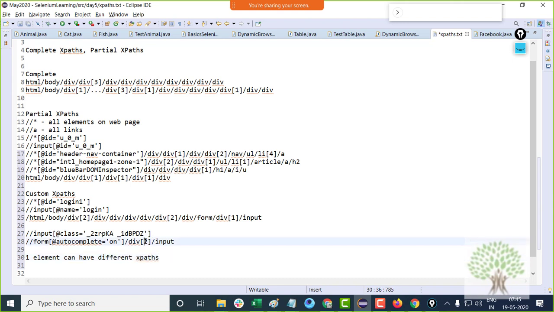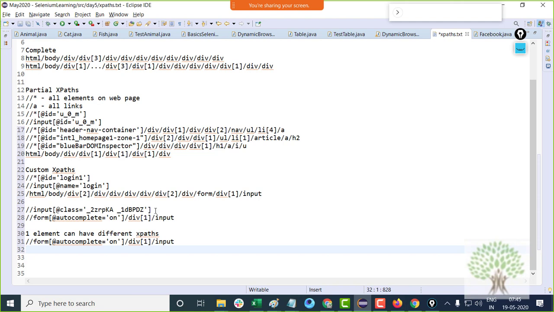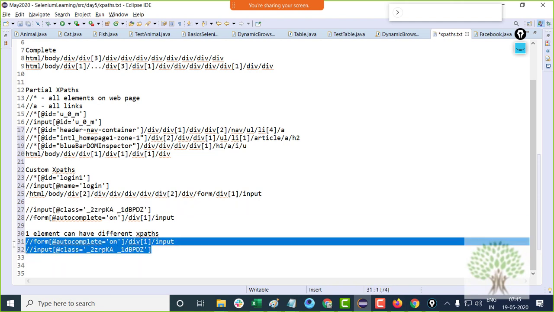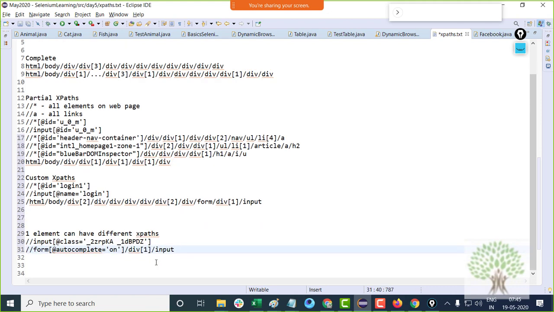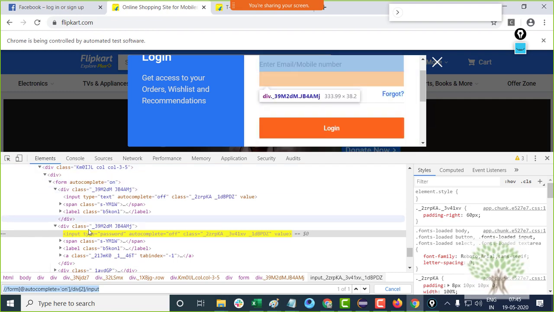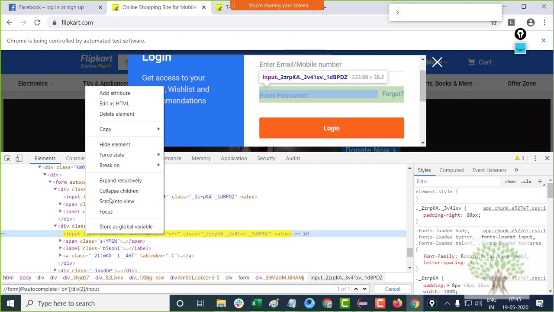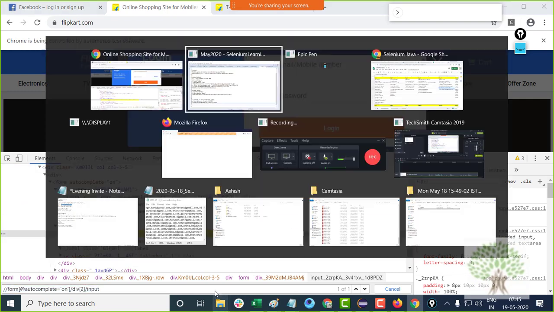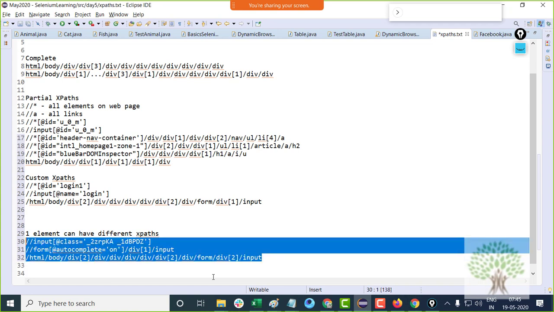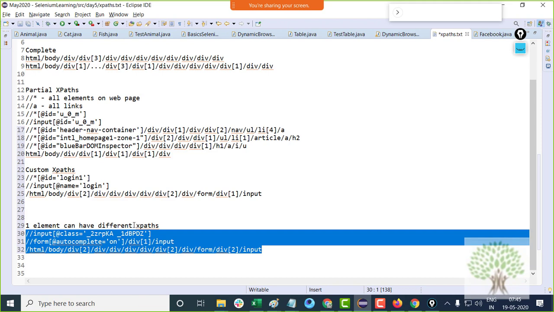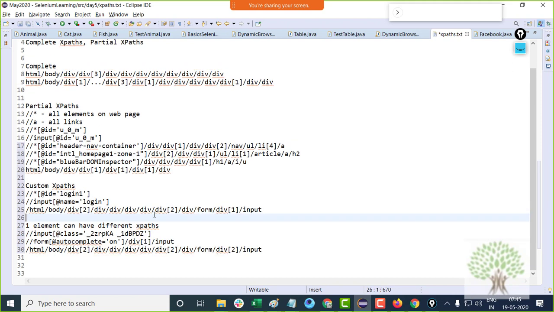For example, for the username field, I made this XPath, also this particular XPath. Both these XPaths represent the username field. I can make more XPaths. I can make the complete XPath as well. One element can have different XPaths,